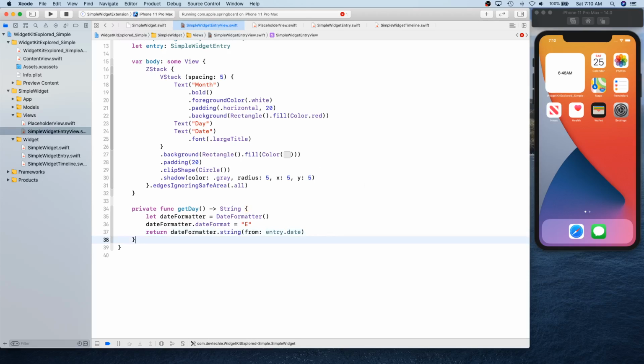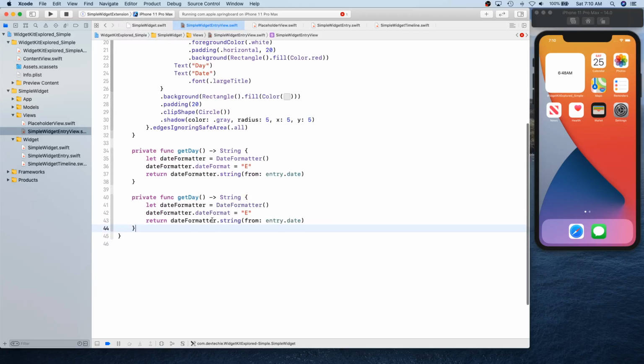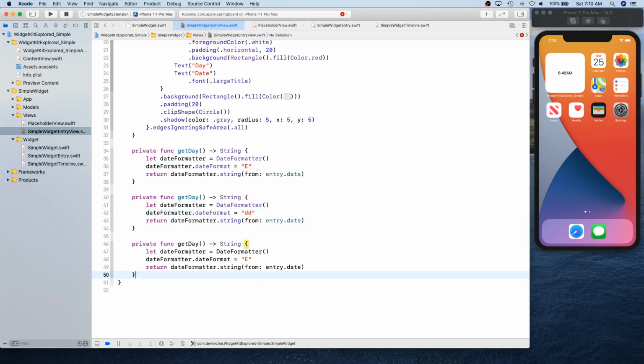Now you can actually create just one function to return all these three based on a switch statement, but to keep things simple, I'm going to copy and paste, and basically return 3 different values.